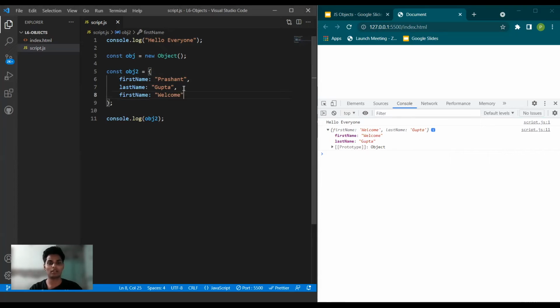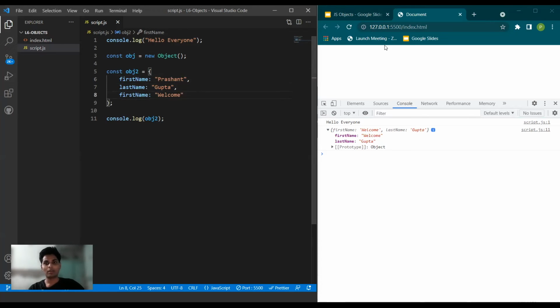So basically, if you recall it with a lock, a key should be unique in itself. You cannot open any other lock, or any other key can open your lock. In the same way here, you cannot recreate or duplicate a key. I hope you have understood what key value pair means and why a key should be unique. We have talked about these two things for now.